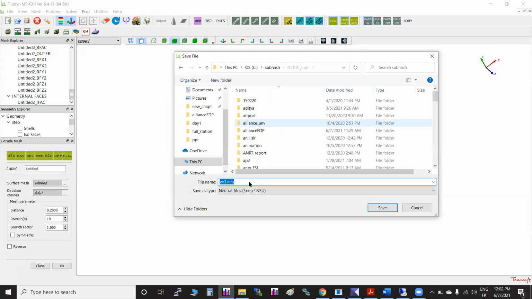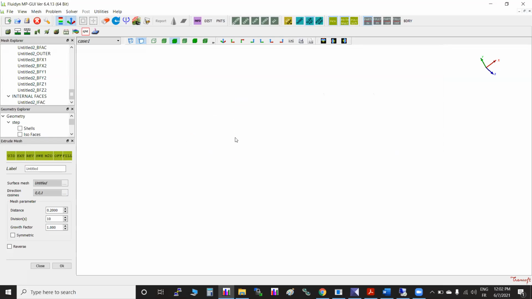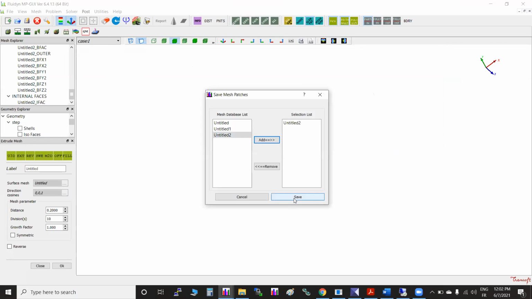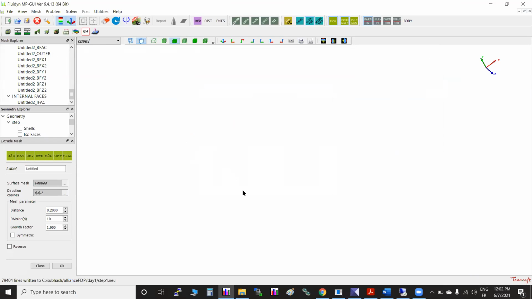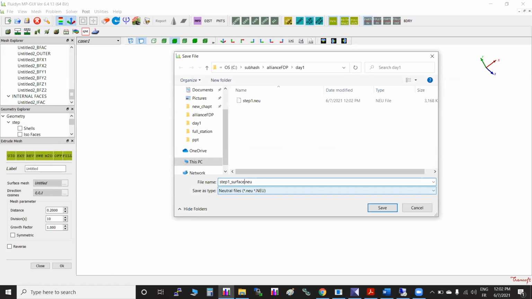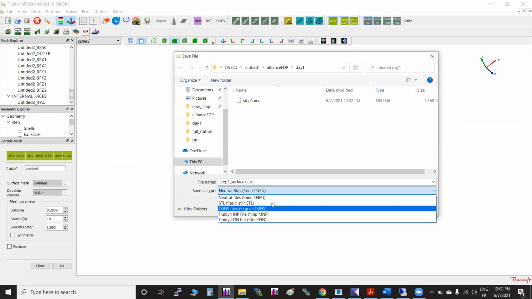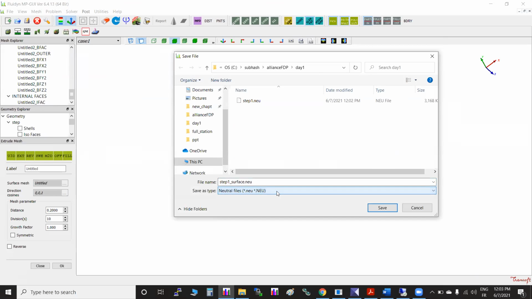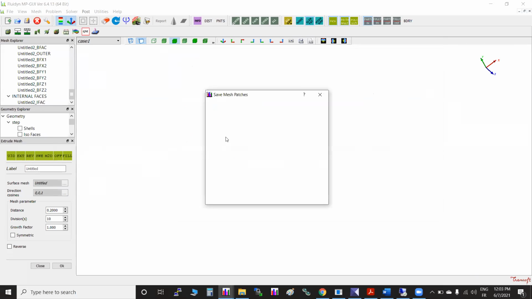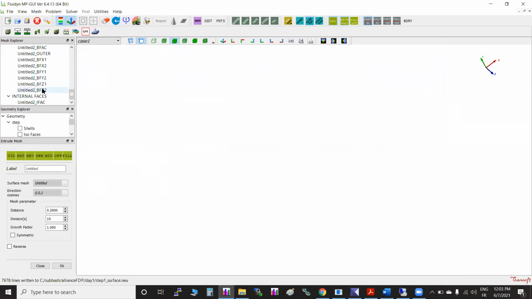we'll save it here as step 1. I will save 3D and surface. Okay. So file export. You have a choice to select, whichever you want. We can save in STL. We can save in CGNS if you wish to take it and check it somewhere. It is possible. So first one is the surface. Okay, so like this, only these few options.